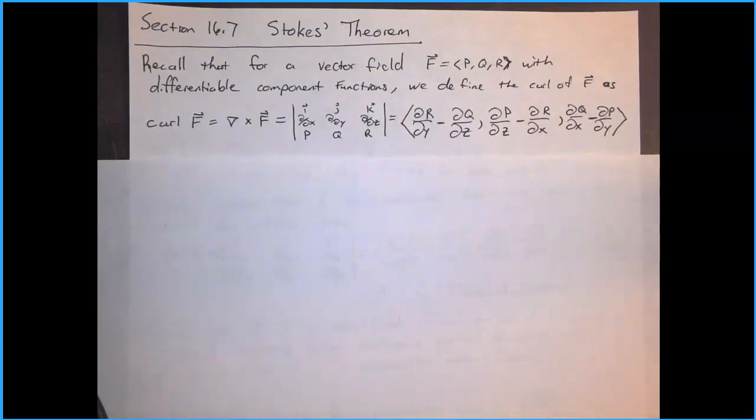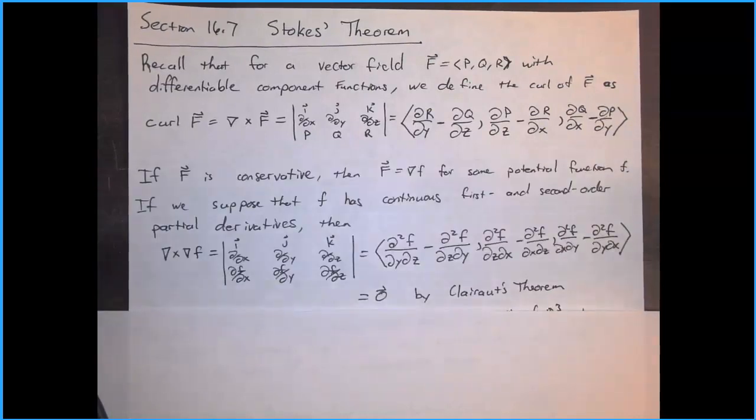So we've seen the curl before, but let's explore some more properties of the curl. If F is conservative, that means we can find a potential function f, lowercase f, such that the vector field F is equal to the gradient of the function f. Furthermore, if we suppose this potential function has continuous first and second order partial derivatives, then if I take the